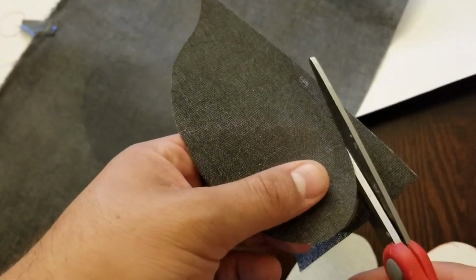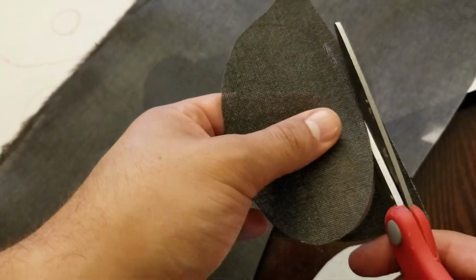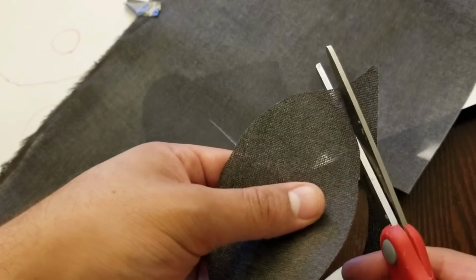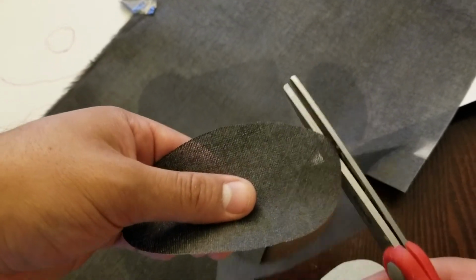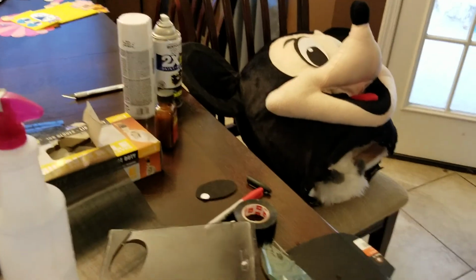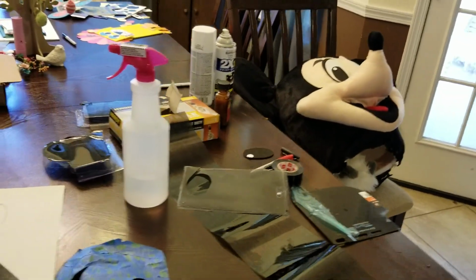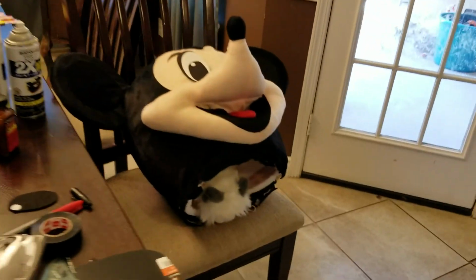And the best part is that now that you've painted your buckram, you can use that to replace any eyes that you do. Especially with this type of mascot style, when you want to adjust the face, I mean, the eyes alone, look at this guy. The eyes alone are going to make them look really good. You wouldn't even have to cut out any of the fabric or pull any of the fabric off to get this project done. If you're just working the eyes, all you need is a little